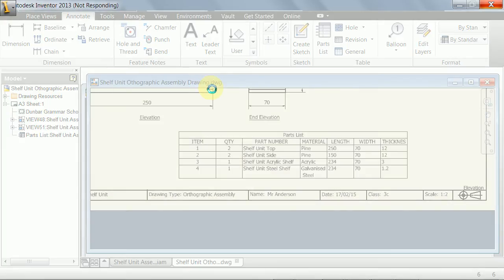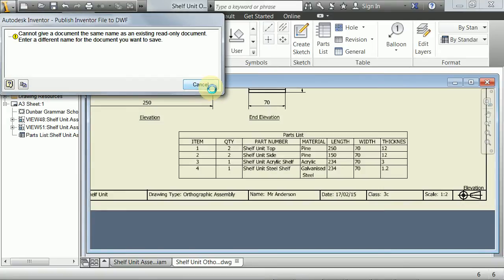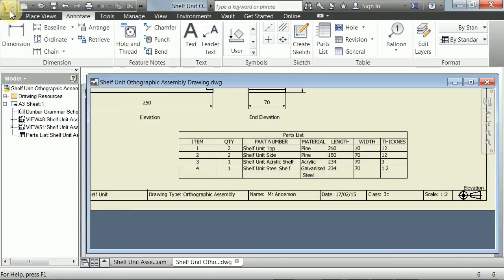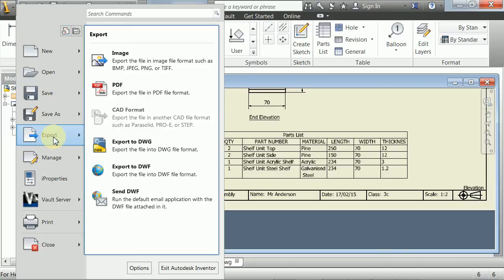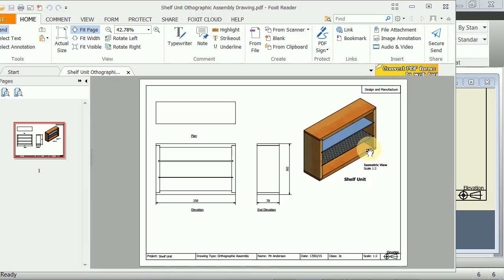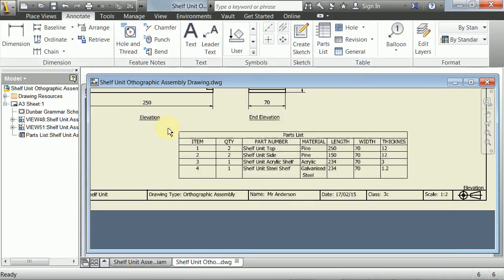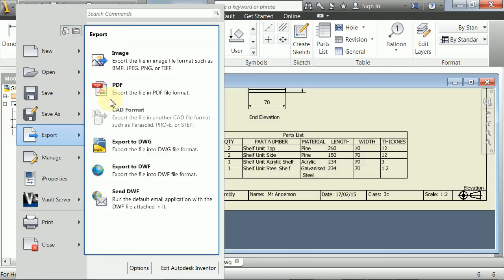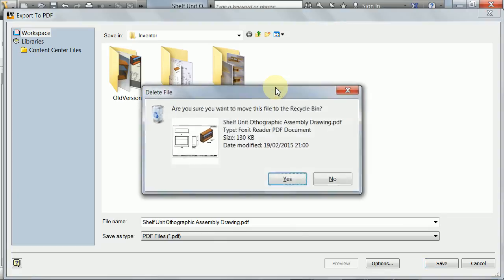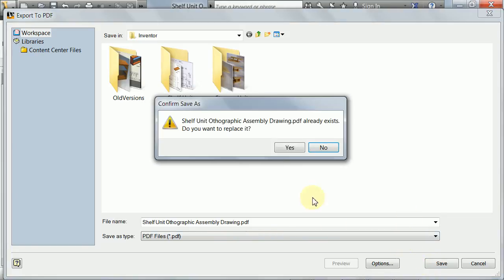Let's do that again, because I have it open. Export PDF. And now we have our